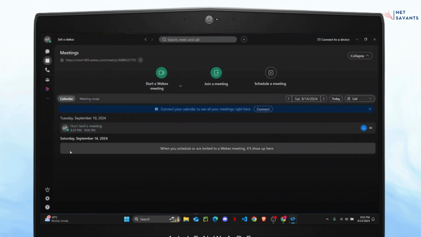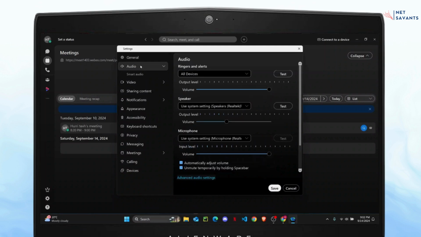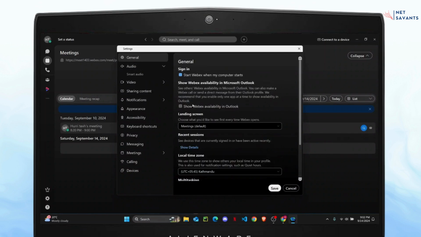So once you have logged in, what you want to do is go to your settings. So you will see this gear icon at the bottom left. Click on it to open its settings. Now here on your general section, what you want to do is click on this option that says show WebEx availability in Outlook. So what this will do is it will integrate your Outlook account. So see others' WebEx availability in Microsoft Outlook. You can also make a WebEx call or send a direct message from their Outlook profile,